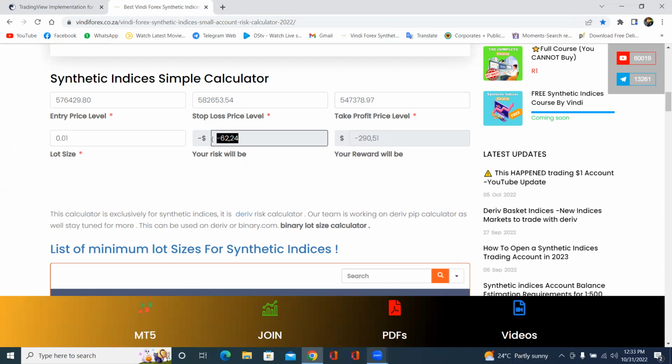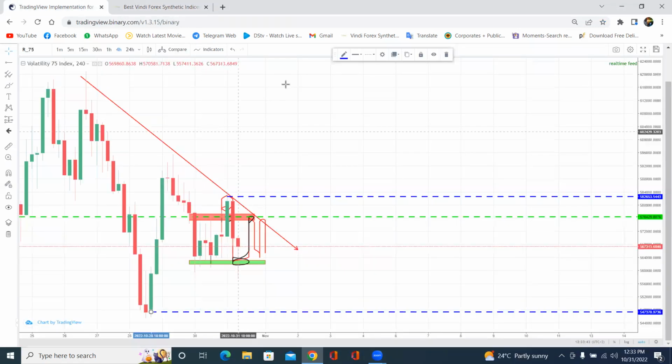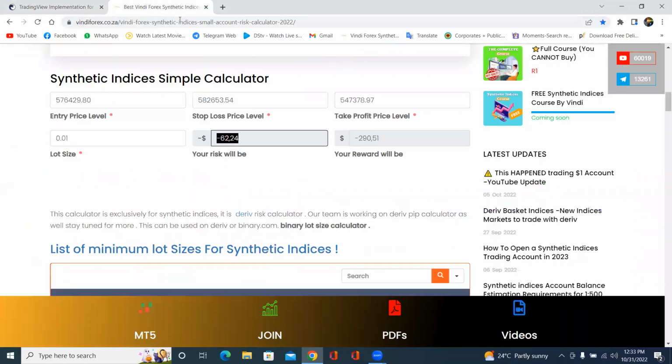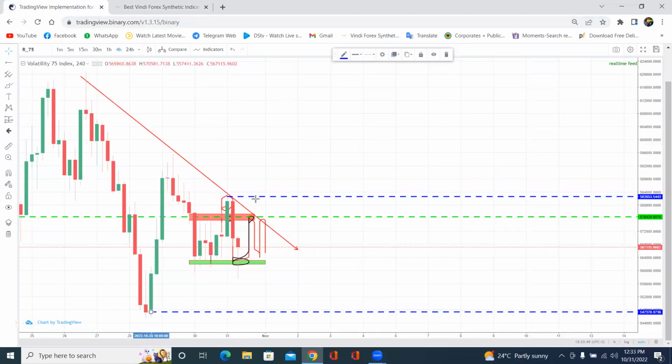$100 means you are going to lose $60 in order to make $220, $290, you understand? So that's how you do risk management. And these prices are because of the time frame that we are on. It is for risk management. If we go to 1 minute and look for the same structure like this,